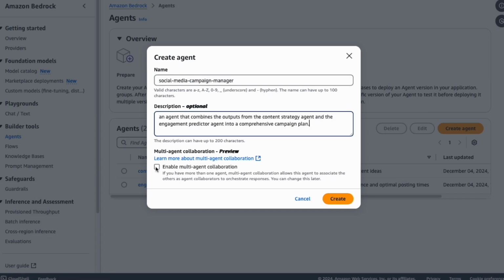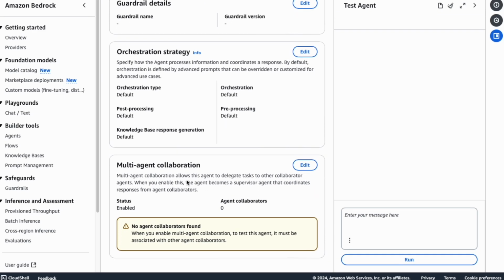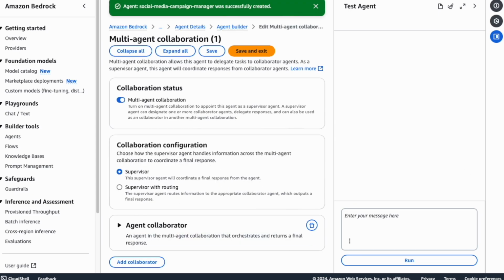And this time we are going to check this box because this is our manager agent, and say create. On this page, we will keep everything else as default, and we'll add the instruction for this agent. So we will tell this agent it is a strategic campaign manager, and then we will add our sub agents to this supervisor agent. In order to do that, go to multi-agent collaboration, click edit, make sure this multi-agent collaboration is enabled,